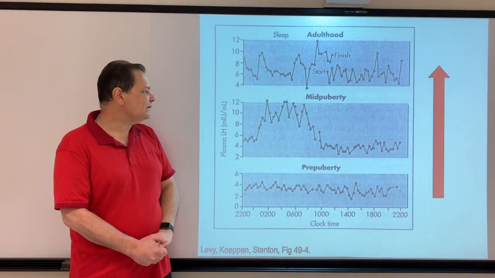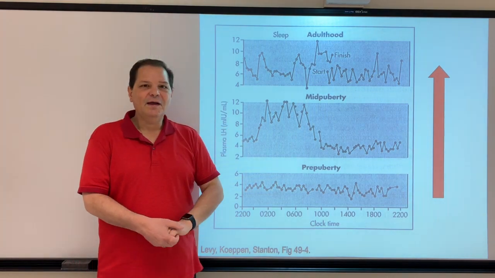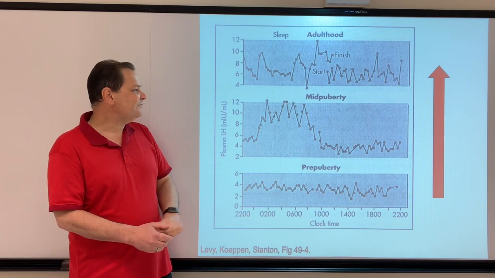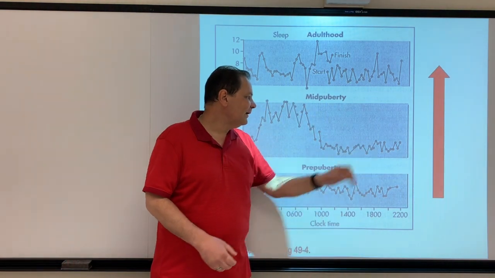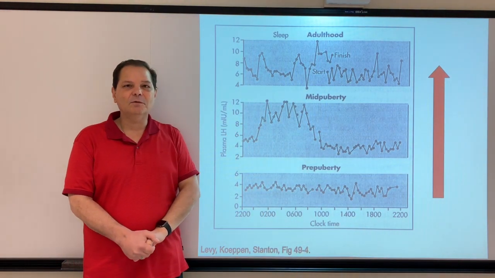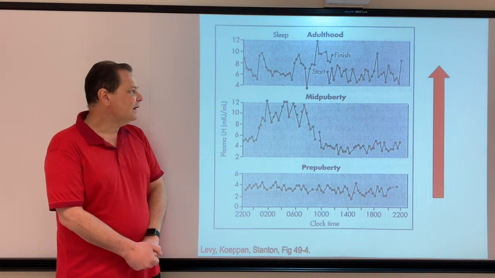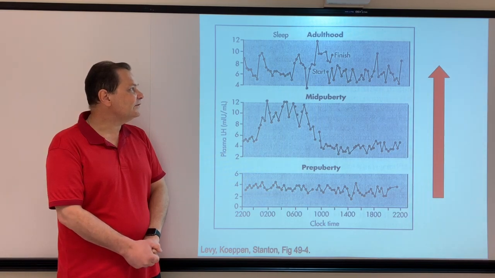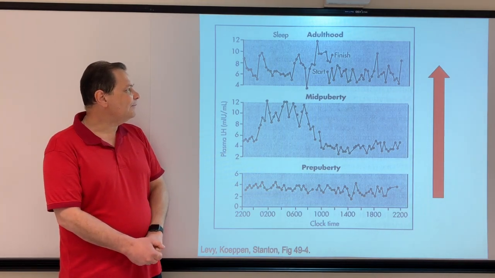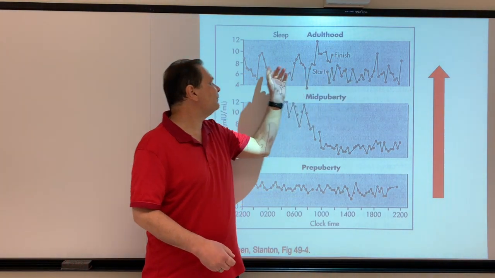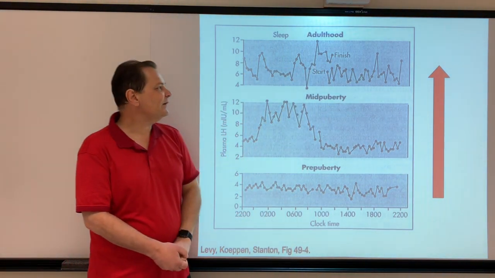So on average, you've got an increase in this, and it looks like a steady increase during puberty, but in fact, you've got these peaks at night that may play a role in terms of causing further development during puberty of the gonads, okay? And then you hit adulthood, and again, you've got spikes, especially at night,